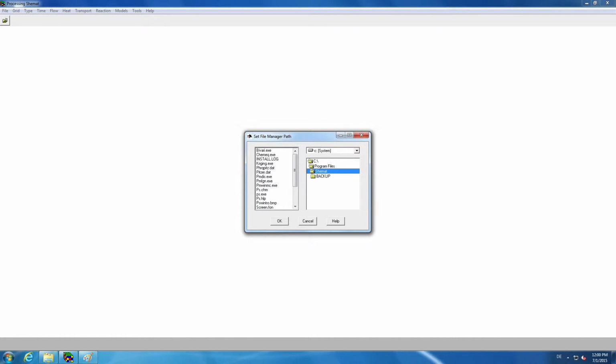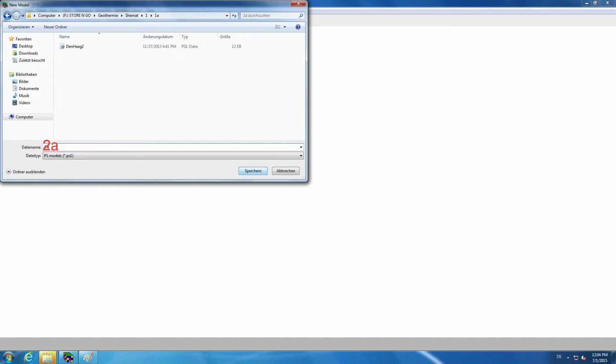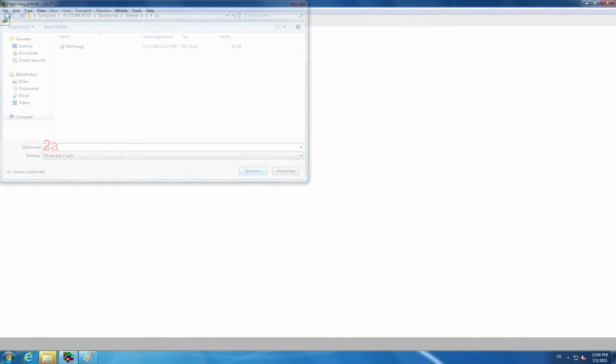Now you need to change the File Manager default path from C Program Files SHEMAT to this new folder. Start by selecting your flash storage device. In our example it is F. Identify your folder 2A on F as the default storage location for the session and name your new model 2A. The extension .ps for processing SHEMAT is added automatically. After this is done, you are brought back to the main page of the graphical user interface and may proceed